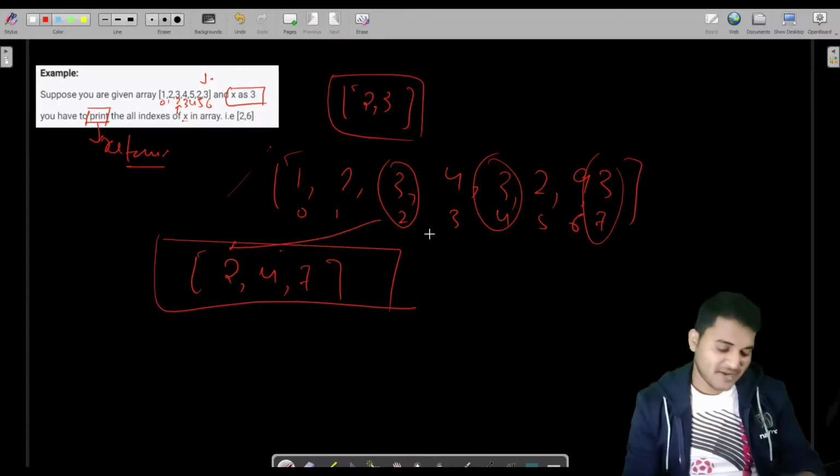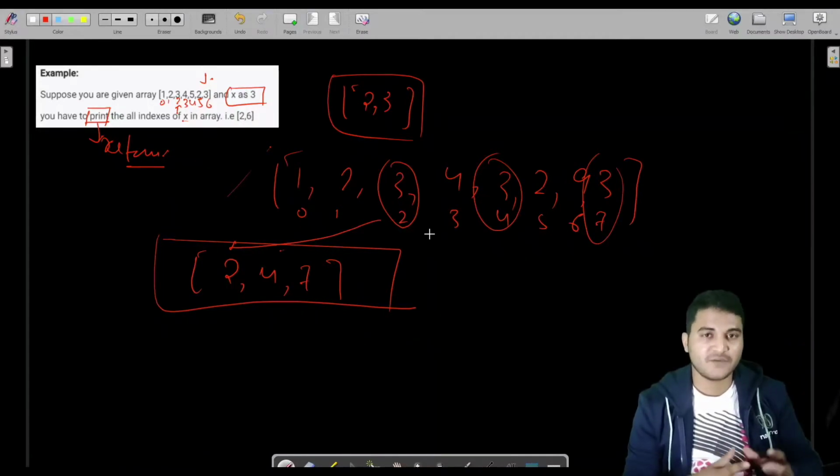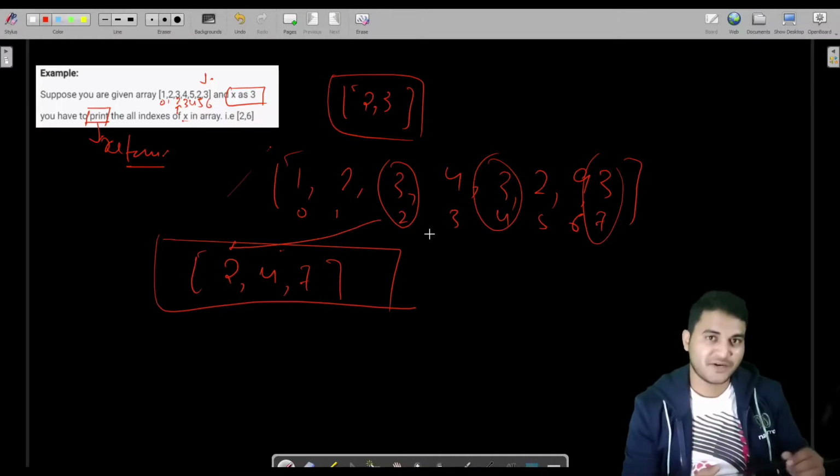Now my expectation is that I want you to try this question on your own. I know this is a bit difficult, because we have to manage the array and return the array, but if you are able to solve it without watching my solution, then you can take this point from me that you are going to hit a very good achievement in your future.